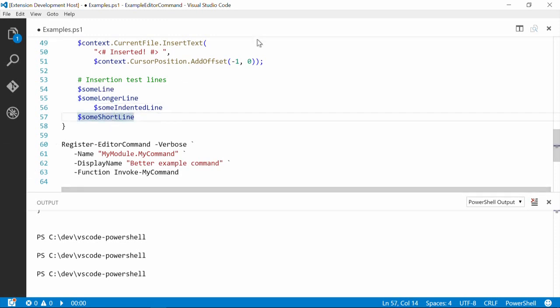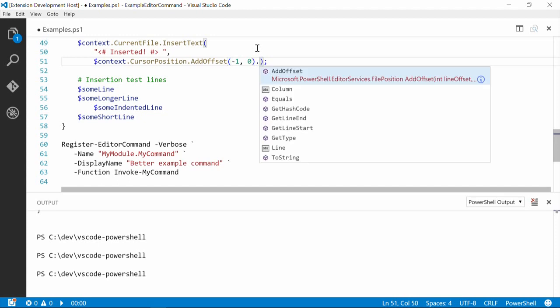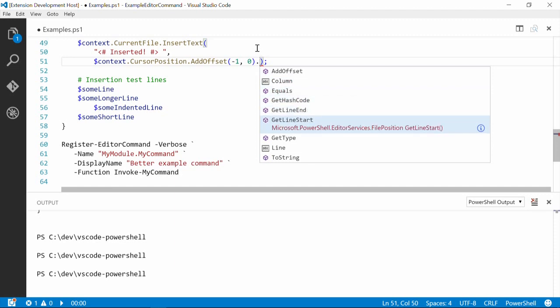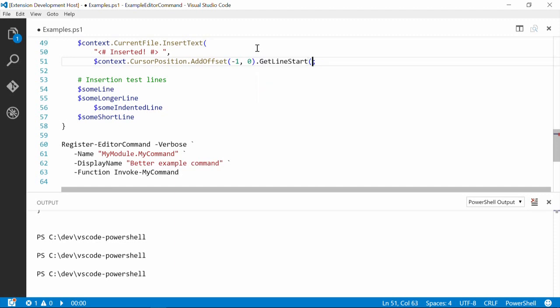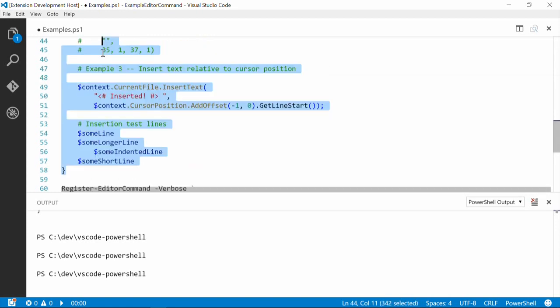Let's see. There's another thing we can do. We can say add offset -1, and these calculations can be chained together. So add offset returns a position. From there, I can do something else like get line start. So I can say go up one line and add text at the beginning of that line. So if I go ahead and reevaluate this,